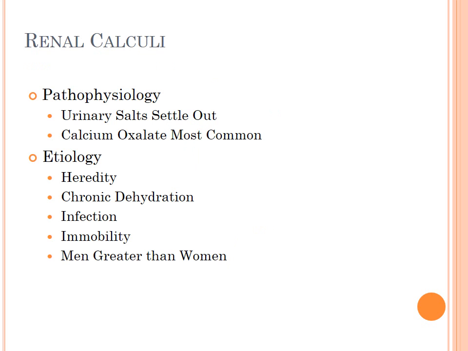What's happening is that there are urinary salts that settle out and crystallize and cause stones. Calcium oxalate is the most common type, but you'll see on the bottom of page 841 all the different types of stones. In addition, you see the features of that stone and then some common causes. If you look at that box on 841, you see calcium oxalate. The causes include